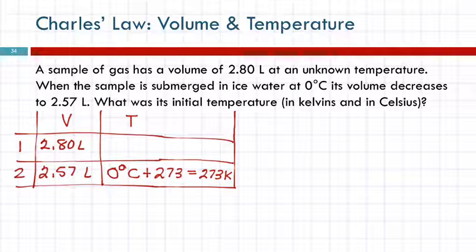I need an equation. I need Charles' law. So Charles' law is not P. Charles' law is V1 over T1 equals V2 over T2. For those of you who are good at algebra, you can rearrange that and you'll have no trouble. For those of you who do not care for algebra, this equation has fractions, and those fractions are going to get you in trouble. We need to get rid of the fractions before we do any rearranging.